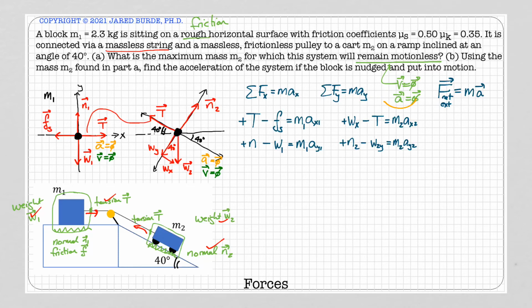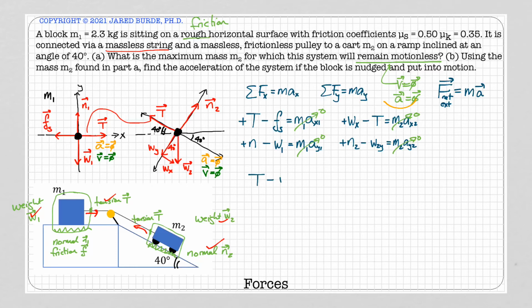And then the assumption that we had in this case was that the acceleration should be 0. And so in fact, all of these terms are going to be 0 if we're assuming that these aren't moving. So we can kind of see where we need to go here. We want the maximum mass of M2. The maximum mass of M2 is going to give us the maximum tension. That tension is going to pull back on block 1, and block 1 has to be held in place by its friction. And so the maximum value of block 2 is going to correspond with the maximum value of the friction. So what we're going to do now is rewrite all of these equations,